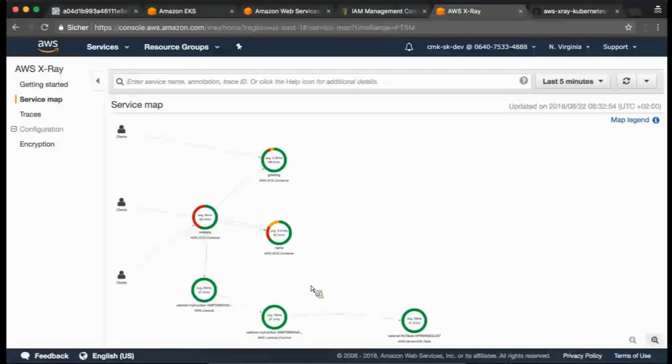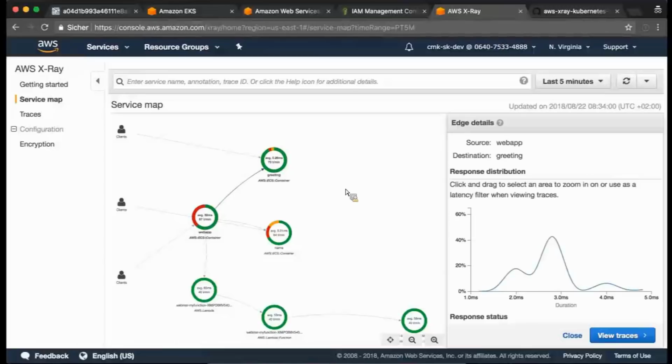What we also see is that we have a couple of errors in here. So we see something is red here, something is red in name, and something is red in greeting, and we're going to investigate that. The edges between here, and if you click on any of these things, you see that